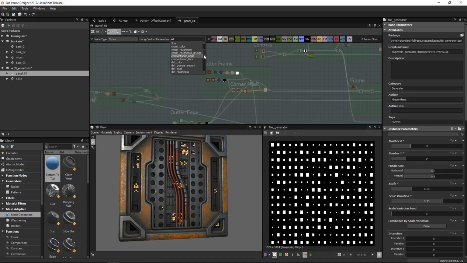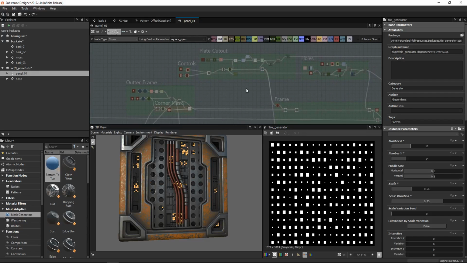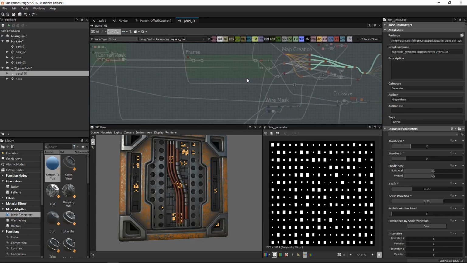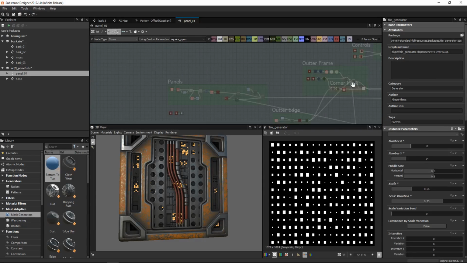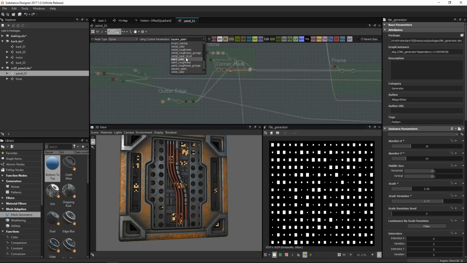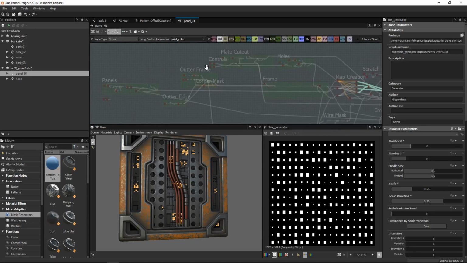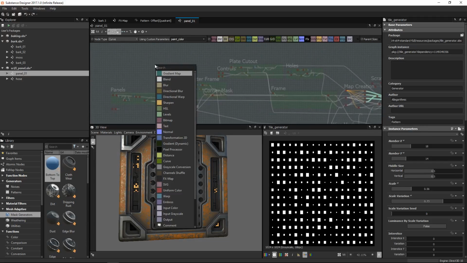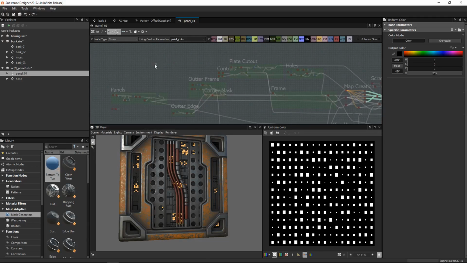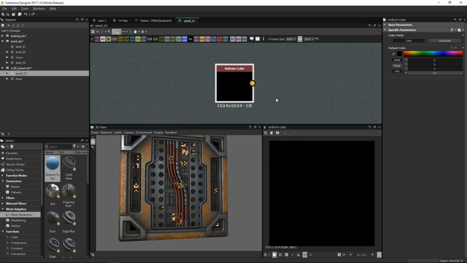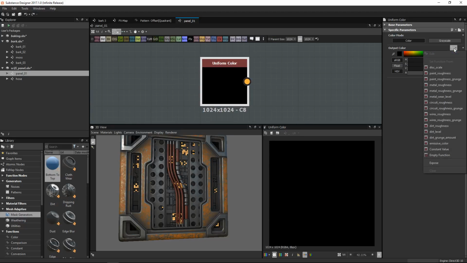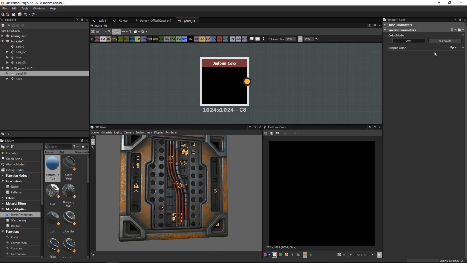So let me see here. Which one of these guys do I maybe have? Let me try this one. Let's see. I'm just trying to find a quick function, maybe. I'll tell you what. Here, let's just do it this way then, just to save some time. Let's say that I make a uniform color, and we'll turn this guy off. And we'll come into this color here, and I'm going to create an empty function for this guy and